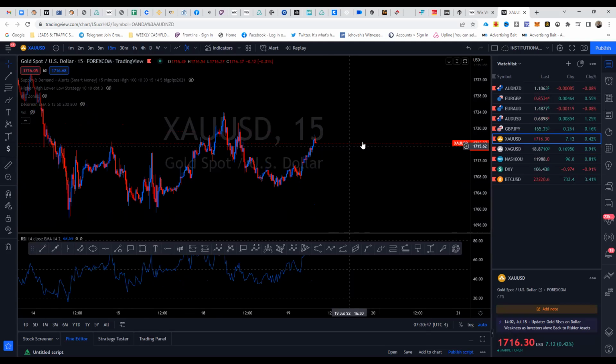So what I'm going to do is pause this recording and go all the way back to price and mark up market structure in areas where in the past the banks have gathered a lot of liquidity and made big moves. And then we're going to go from there. Be right back.